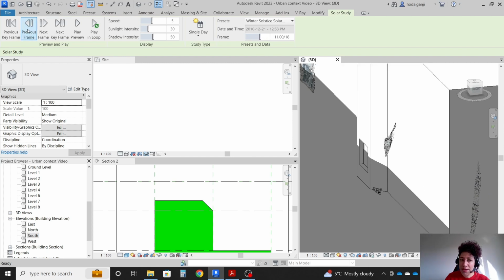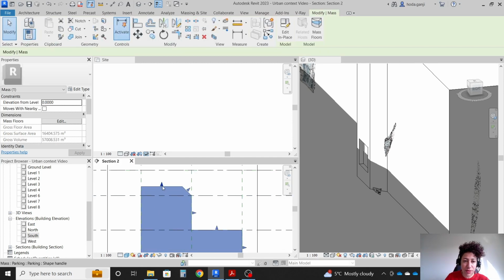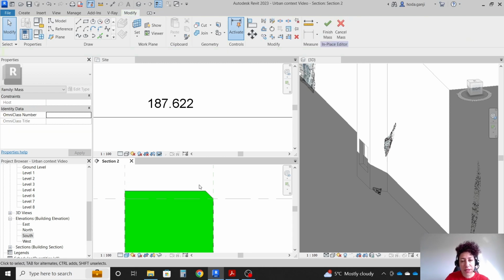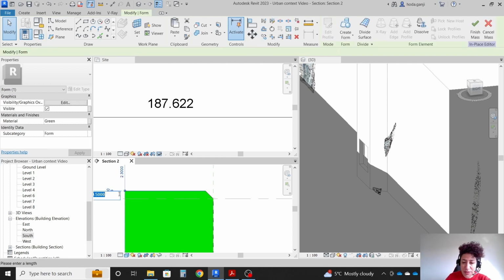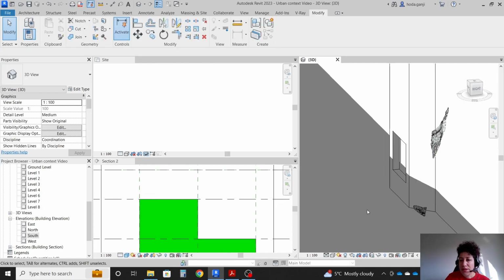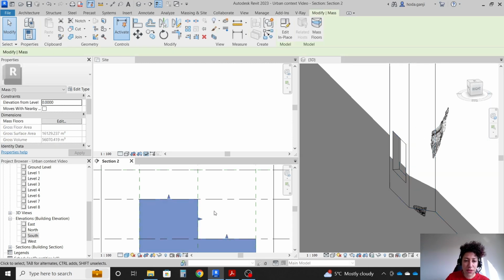So the lighting needs to go all the way to the bottom of the window, so I need to actually even lower this further. I wanna click here, go to my edit in place, and instead of 1 I'll go with 0.5 here, or actually I might even go with 0 and finish the mass. And it seems that I need a little bit more lighting here,